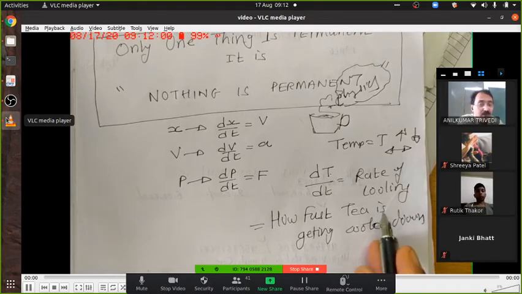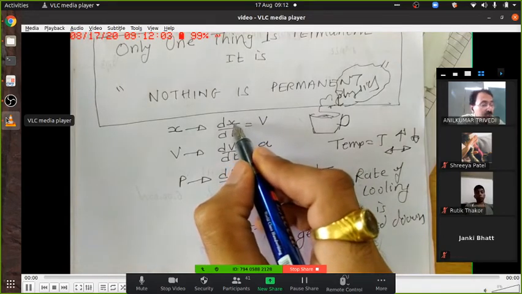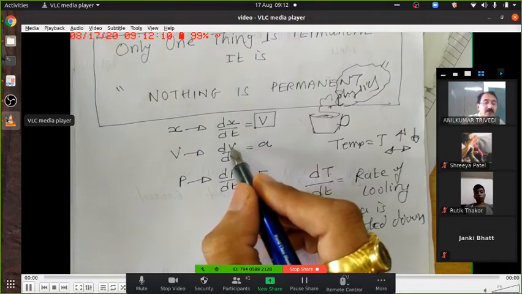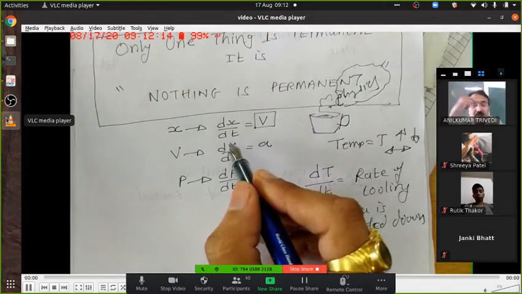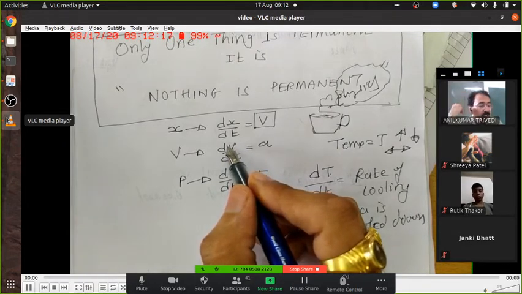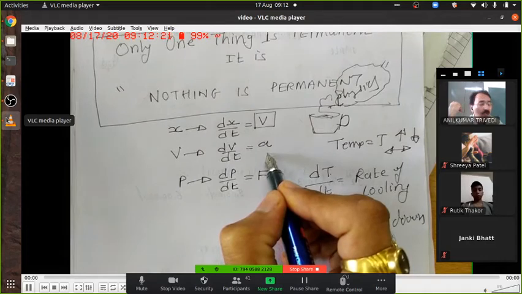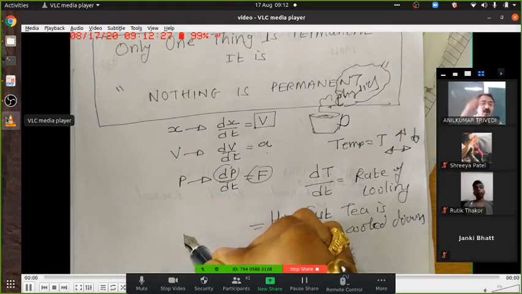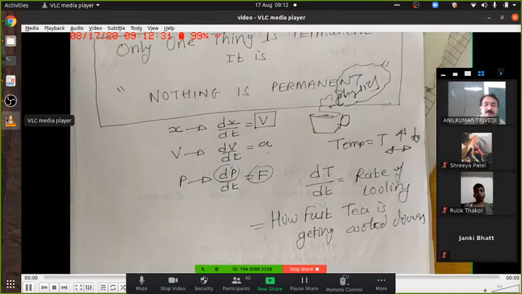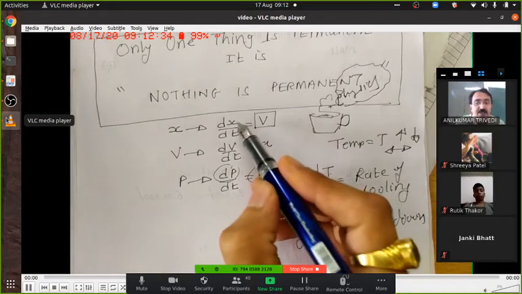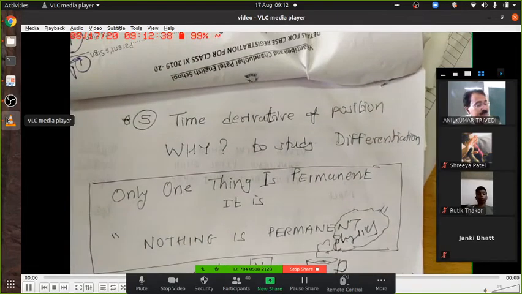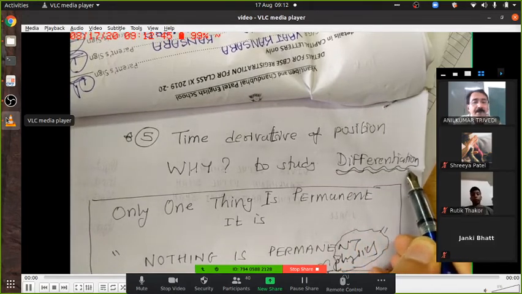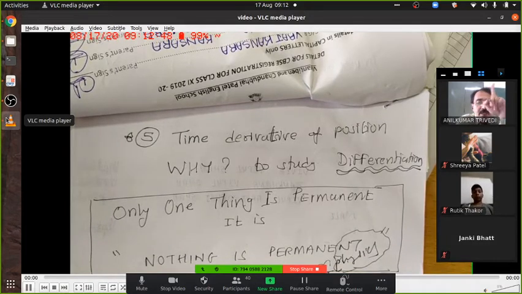So you found the rate, the rate of cooling. Here, how fast position is changing tells you how fast the object is going. Here, is velocity increasing or decreasing? If it is increasing, at what rate is it increasing? If it is reducing, then at what rate it is getting reduced, so you get acceleration. Here momentum is changing, so at what rate it is changing, so you get an idea of force. When you look around, you will find everything is changing, and in physics you need to know how they are changing. So where will that be found? It will be found by taking differentiation. Okay, this is advantage number 1.